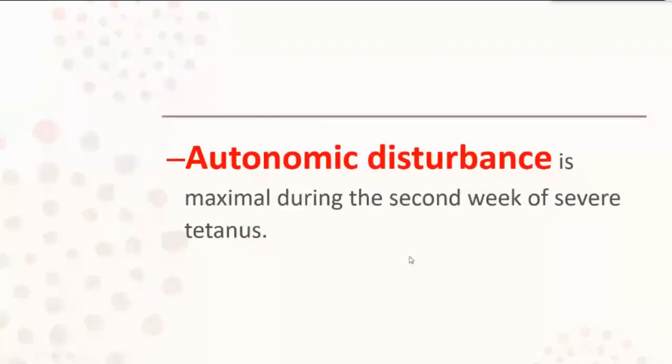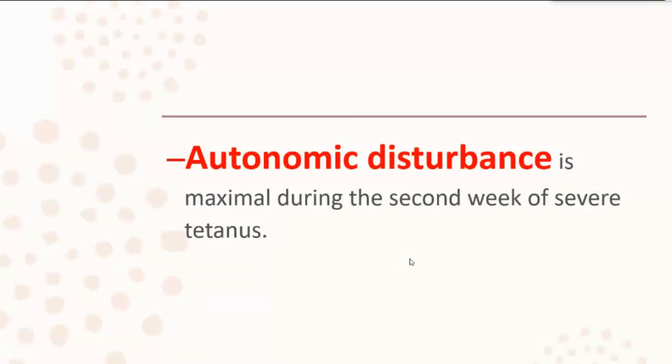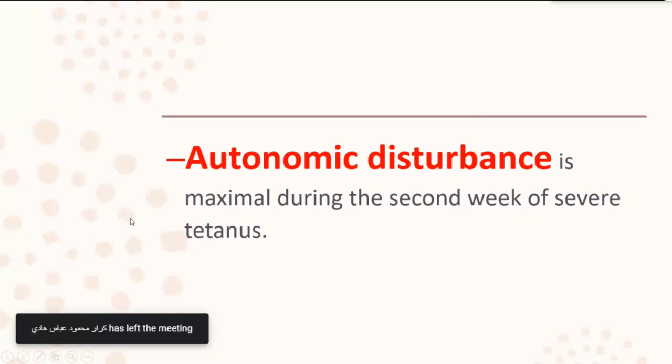So the central nervous system is responsible for multiple physiological functions in the body. In addition to the blood vessels, autonomic control of what? Major organs will be affected by the autonomic nervous system disturbance as a result of the toxin acting on the presynaptic neurons. So there will be disturbance in the sympathetic and parasympathetic systems, right? If they are affected, the major organ that may be affected is the heart. There will be tachycardia, arrhythmia, and disturbance.